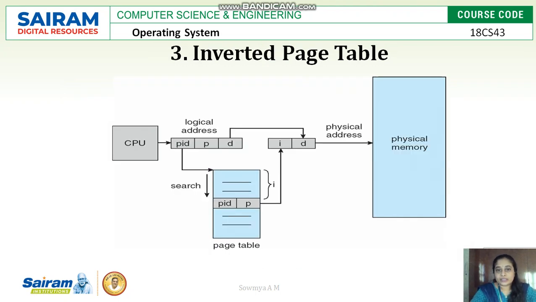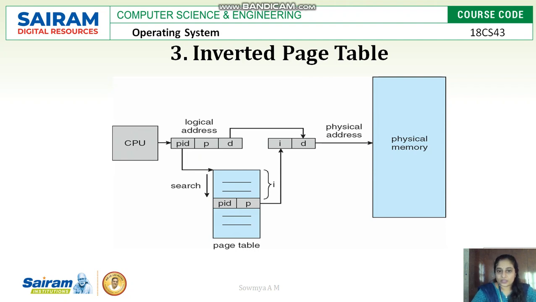Next one is the inverted page table. In the inverted page table, there is a method called process ID, which we have already seen in the first module. Every process, when it is created, will be given a process ID. The same concept is used in the inverted page table. The CPU will give the logical address with a process ID. The process ID, page number and offset value are searched in the page table with the help of the PID first. So the operating system directly gets the process ID and searches for it.